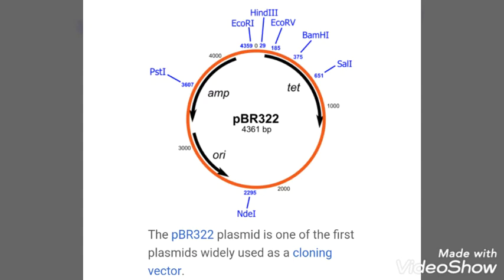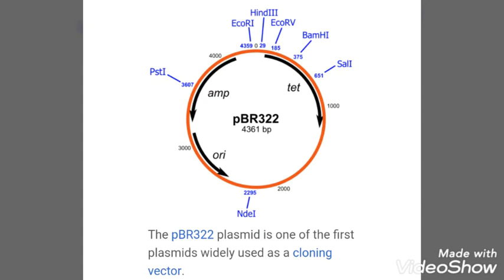You have to draw this diagram compulsorily in the examination if they ask for short notes on vectors, or ask you to discuss plasmid characters. You need not remember the digits, but you have to draw pBR322 and the sites on it.